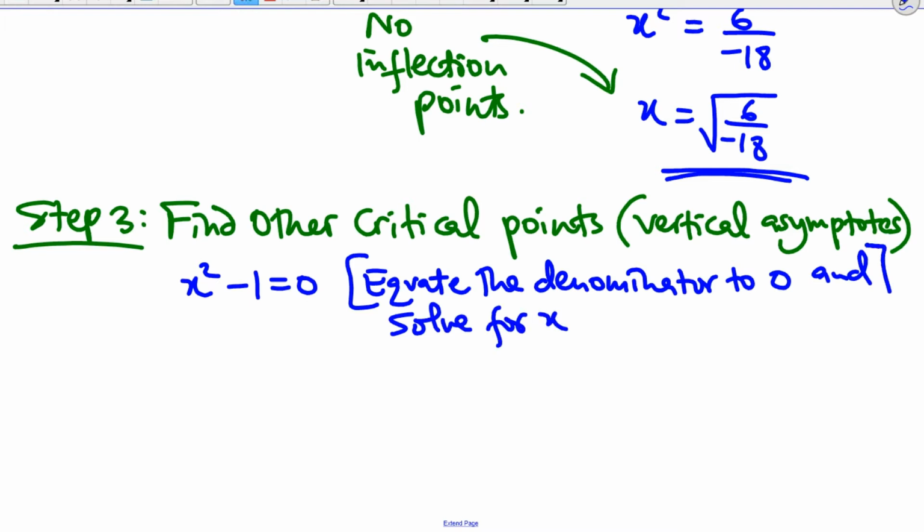I'm just writing this down because previously students have asked, so how do you find the vertical asymptotes? All right. So you equate the denominator to 0 and you solve for x. Okay, so we have that,